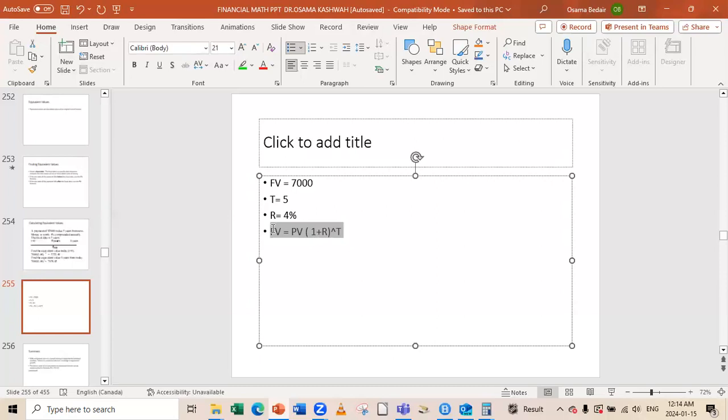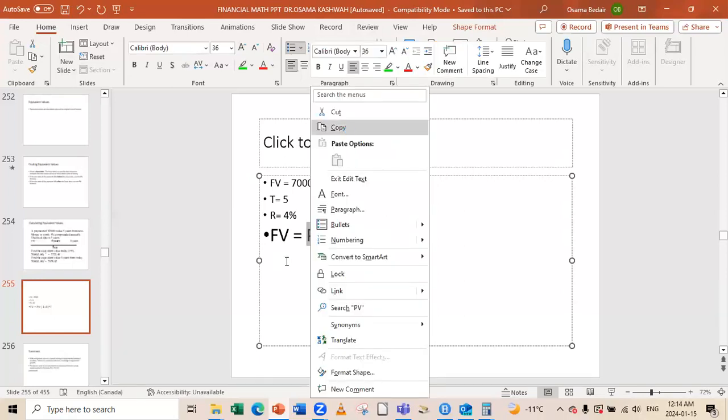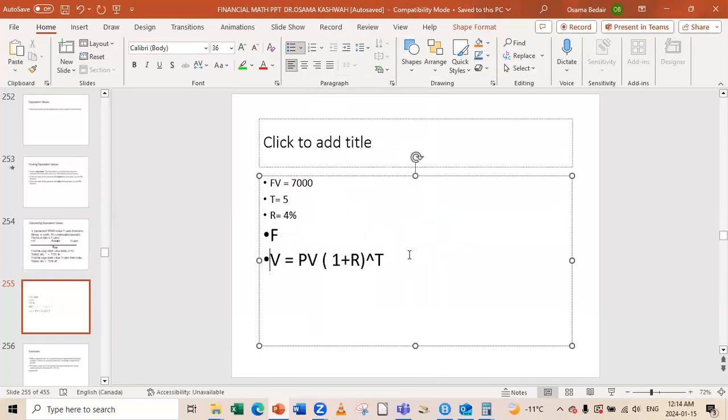What I need now is the PV, the present value. So the PV will equal